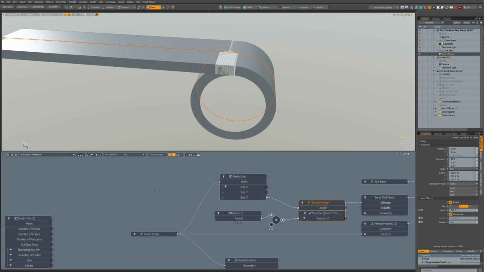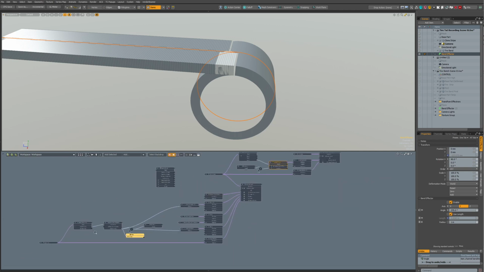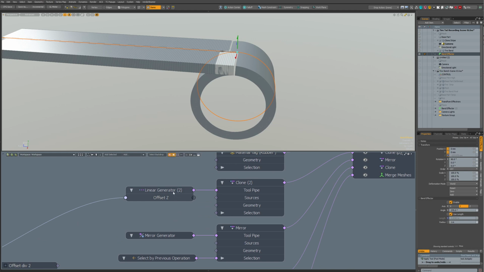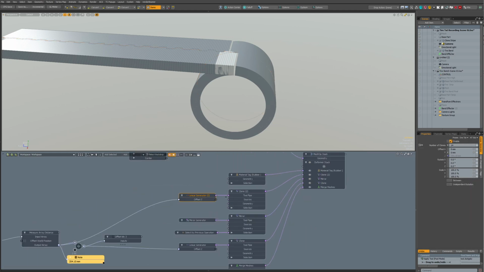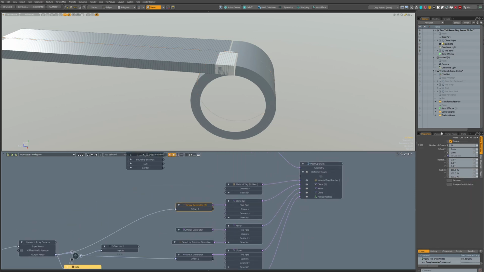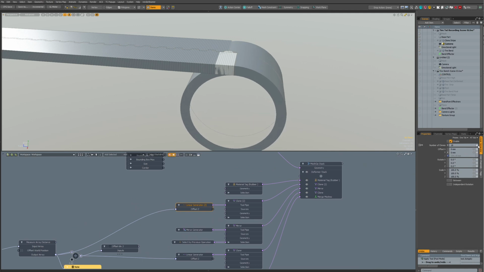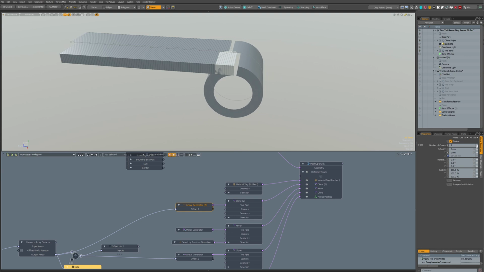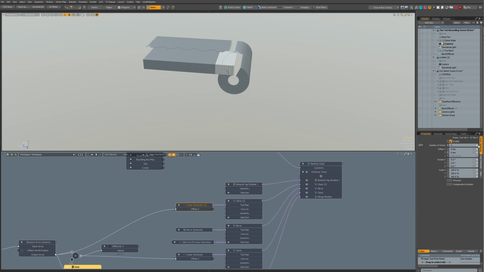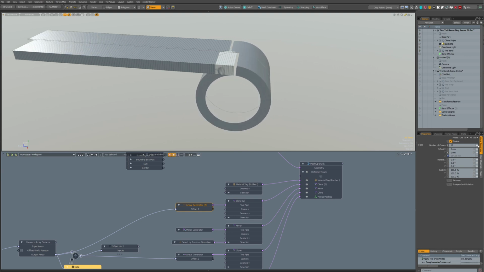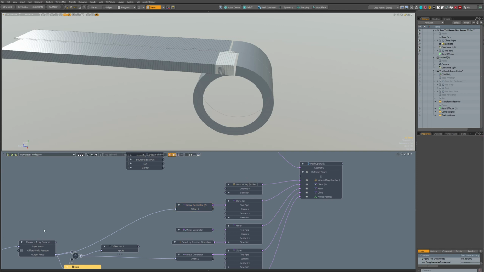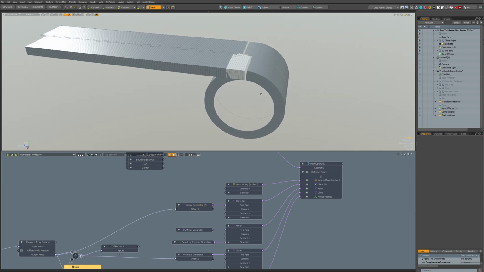Yes, we get it closer, but then if we change the number of clones from here, it doesn't work anymore, as the gap size changes. So we can calculate it. I'll show you an image.